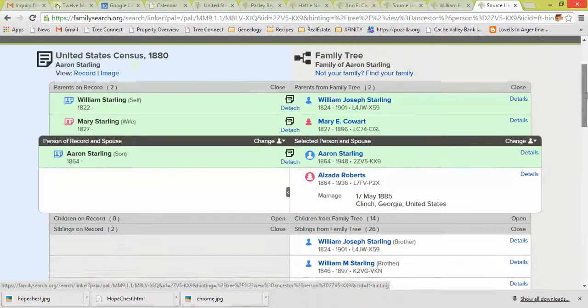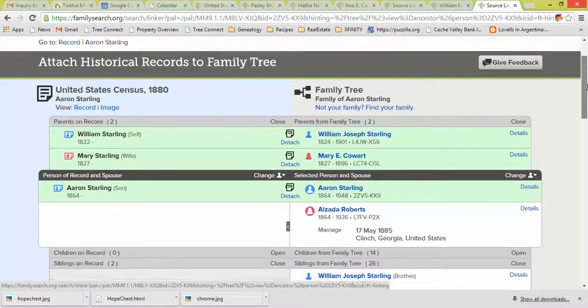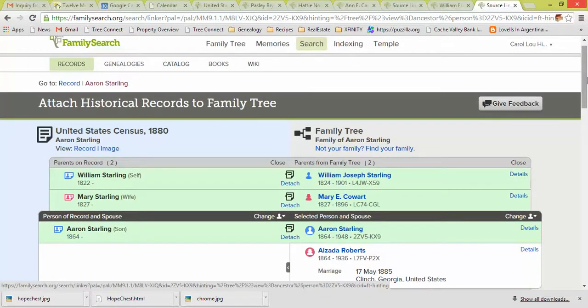So anyway, just some things to check there. But okay, so we went ahead. I wanted to show you how to attach that. And then right here, you can go and view the image if you want to check that and make sure